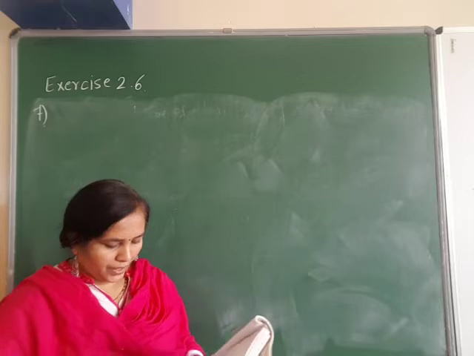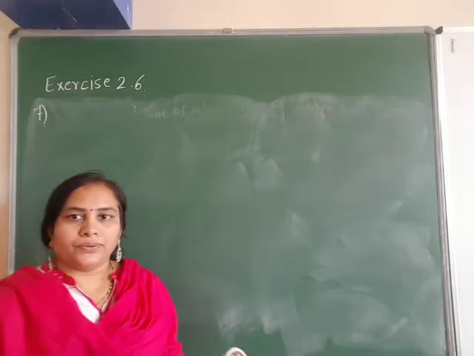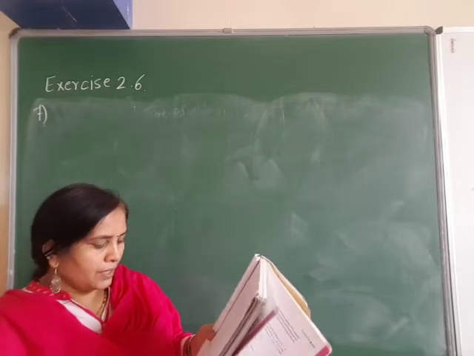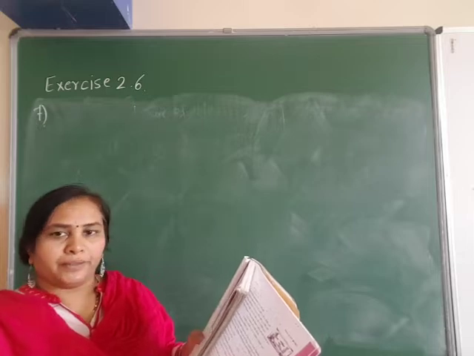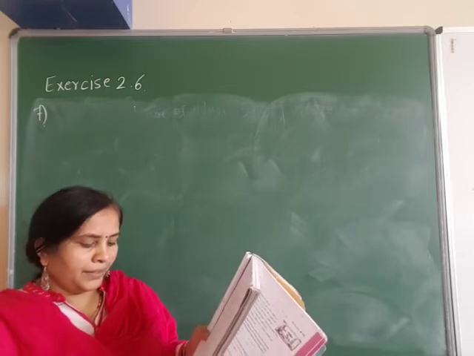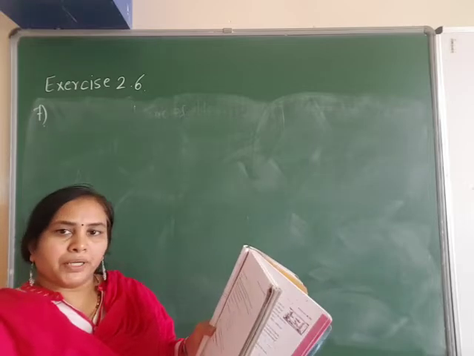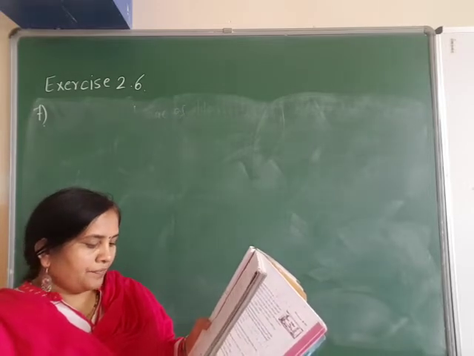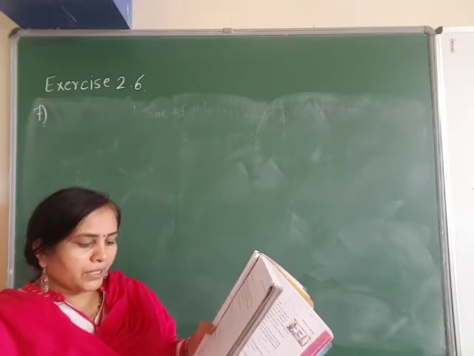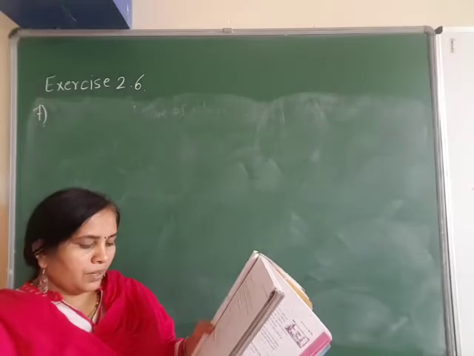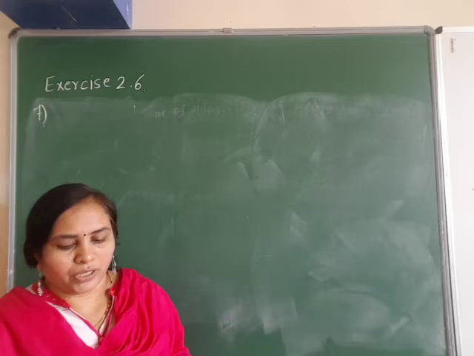Next question, the 7th question, the last question of the exercise. The denominator of a rational number is greater than its numerator by 8. So here the denominator is greater than the numerator by 8. If the numerator is increased by 17 and the denominator is decreased by 1, the number obtained is 3 by 2. Find the rational number.